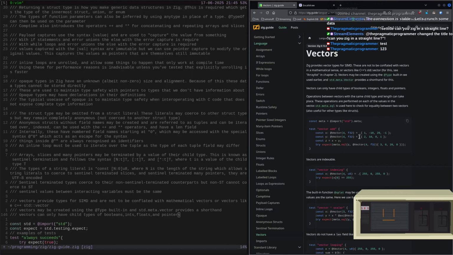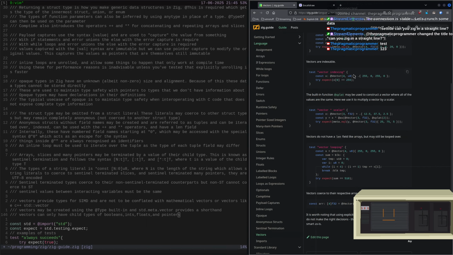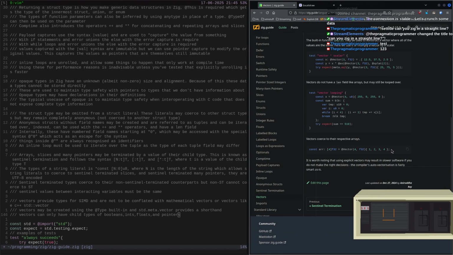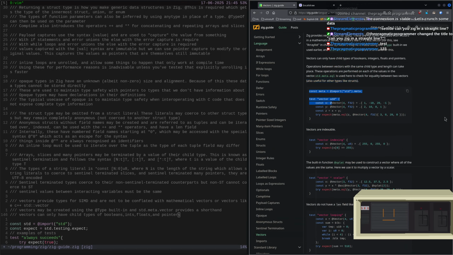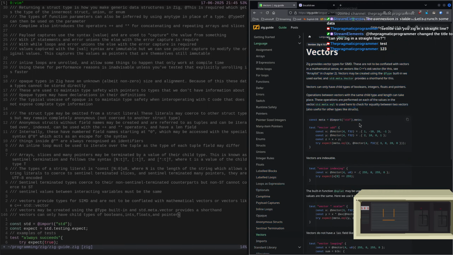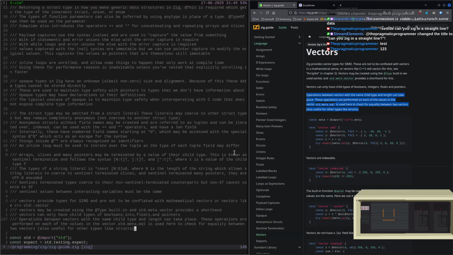I guess in that case, we'll say U8s. But 4 U8s in an array is a different type than 3 U8s in an array in Zig. So hopefully that's not the case, because having to have them be the same length might be a bit restrictive in a sense, but